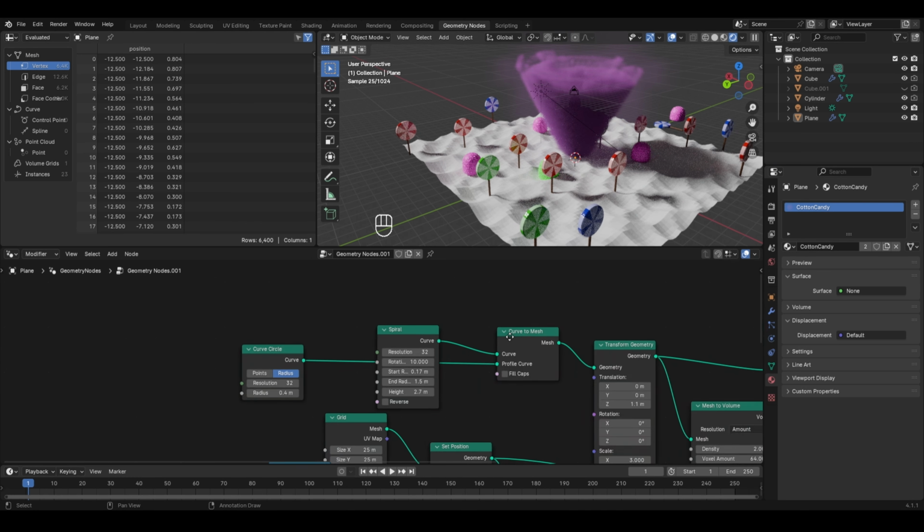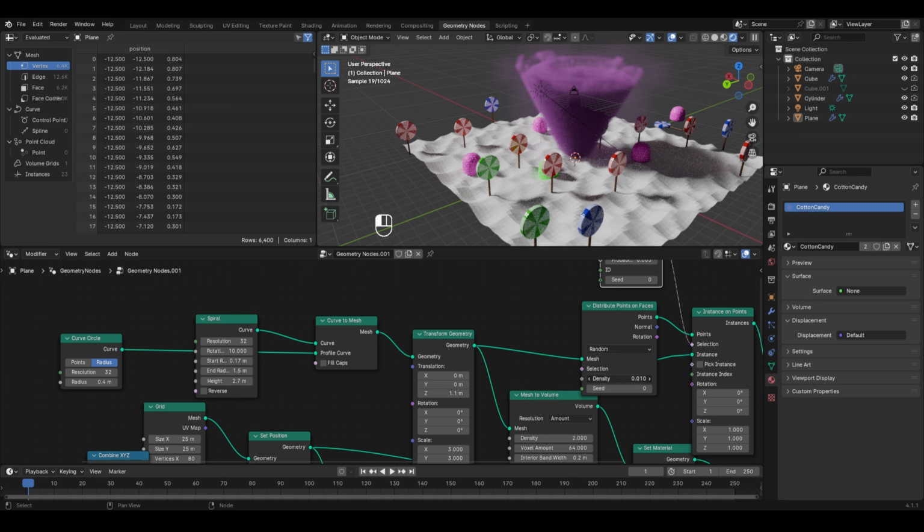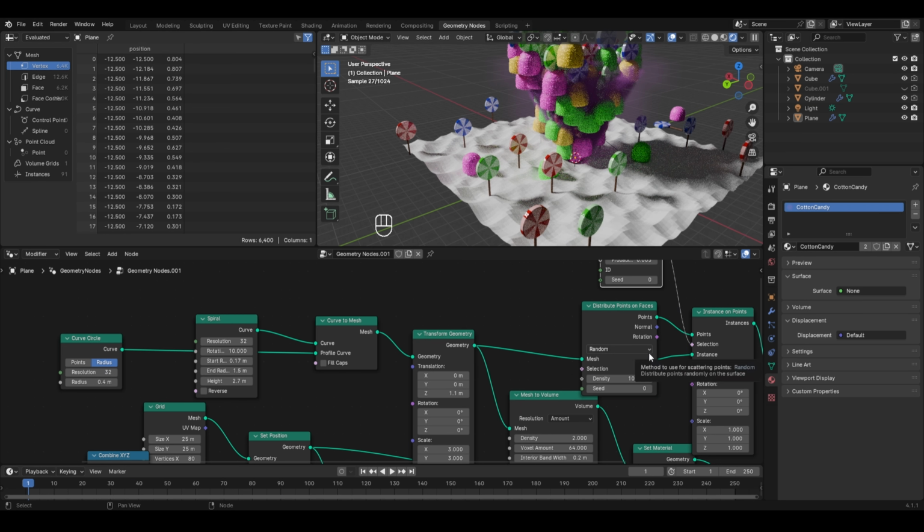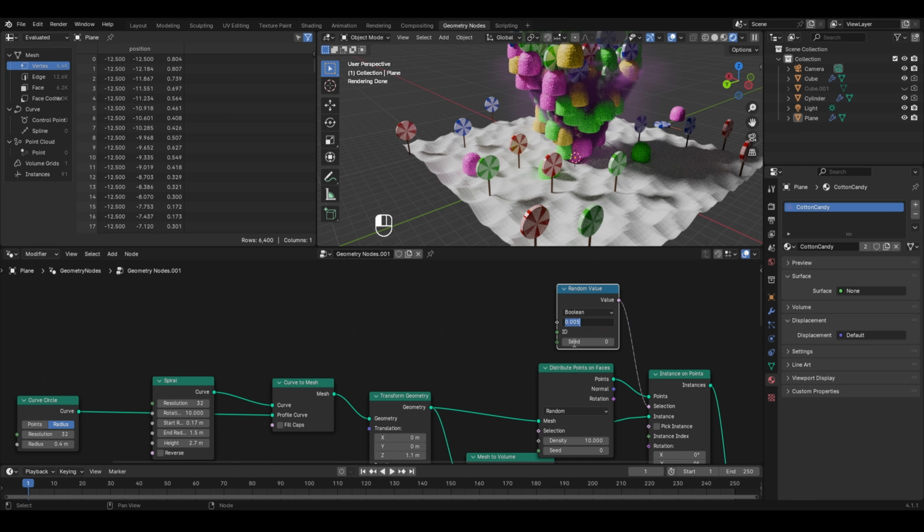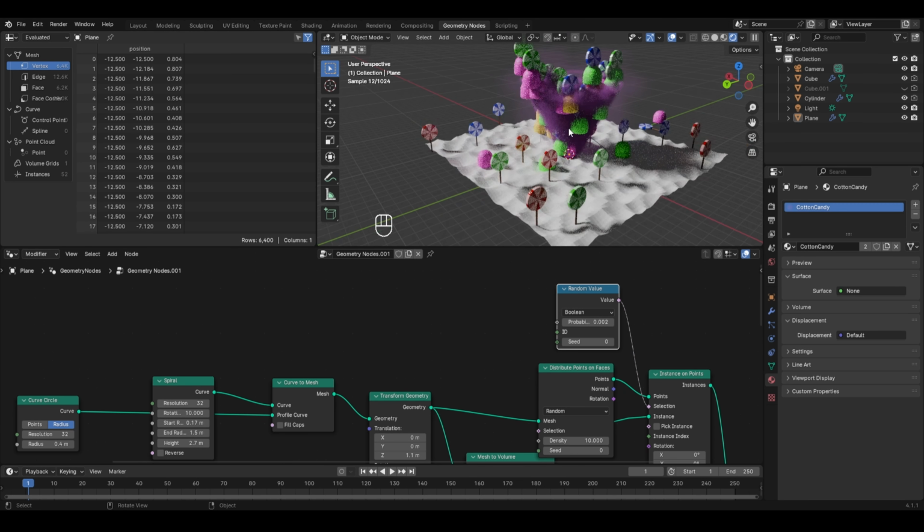Let's also increase the density in the distribute points on faces node. So we'll increase it to a value of 10, and then to reduce the number of these instances, I'll go to the probability parameter in the random value node and let's keep it to something like 0.002, and this is how it looks. We now have these candies placed at different points on the faces of the tornado, but now